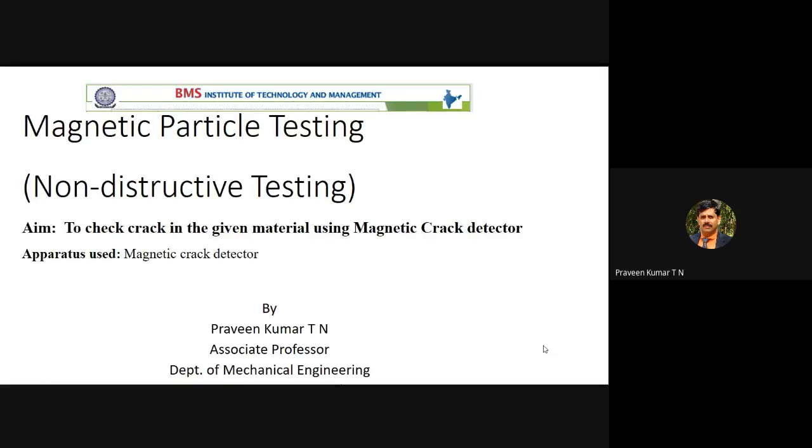Now, when you come to magnetic particle testing, you studied electromagnetic fluxes. So imagine we have a conductor, a metal. Imagine it is steel. Steel is a ferromagnetic material, so we can magnetize the material. Once it is magnetized, you can imagine there are magnetic lines of flux moving from one end of the specimen to the other end, depending upon north or south pole.